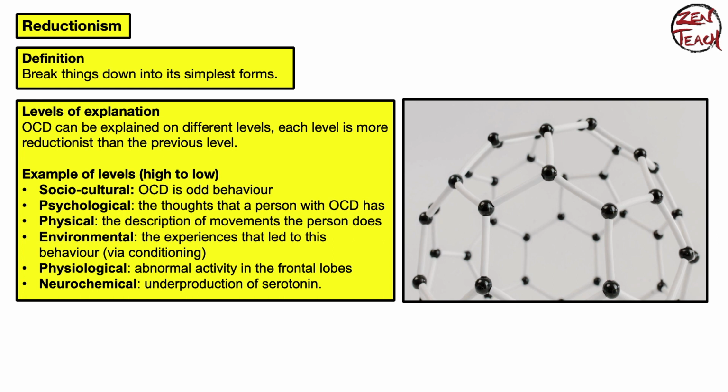And so that is the power of reductionism. It becomes quite applicable, quite practical in terms of finding a solution. But in this process, right, you have lost a lot of information. Just by looking at the serotonin production in the brain, you don't know anything about what it is like to have OCD. What is the subjective experience? What is it like to have OCD? And so in this case, it's fine because you've successfully treated OCD. But what if it's not? What if you're losing information on the way down that is actually quite essential to know? Right?